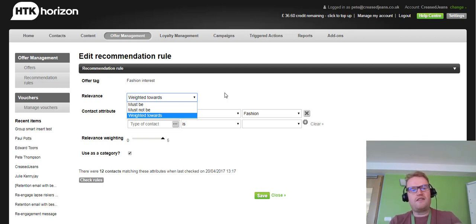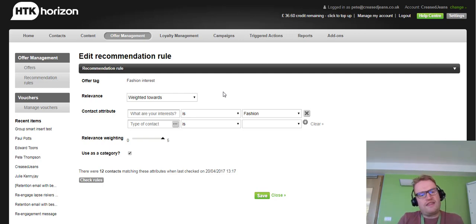interpret this tag. So must be, pretty much straightforward. This rule must apply. For customers to be targeted with this offer, they must meet this rule. Must not be the opposite. Customers must not meet this rule. Or weighted towards, which is where you're giving the weighting some bias. So here, fashion interests, we're saying, well, we don't think this won't be of interest to people who haven't told us they're interested in fashion, but we think it will be more relevant. So weight it towards those people, but don't completely discount it for people who haven't said they've got an interest